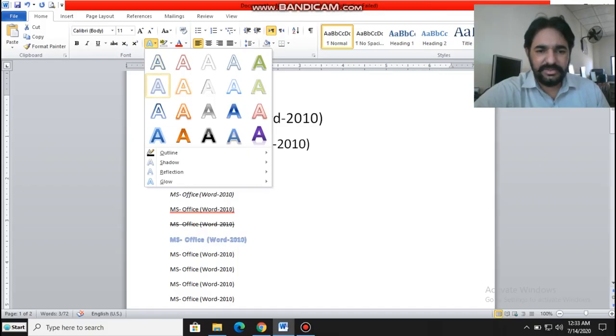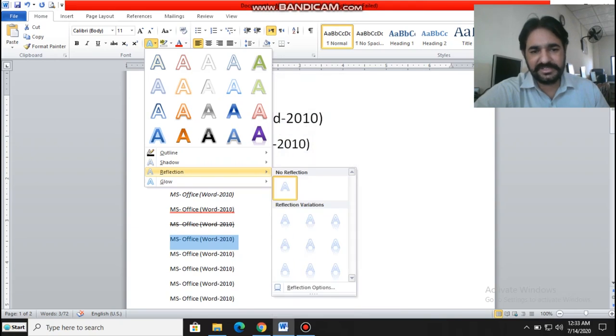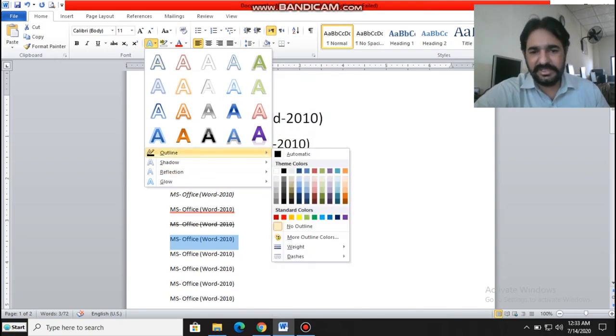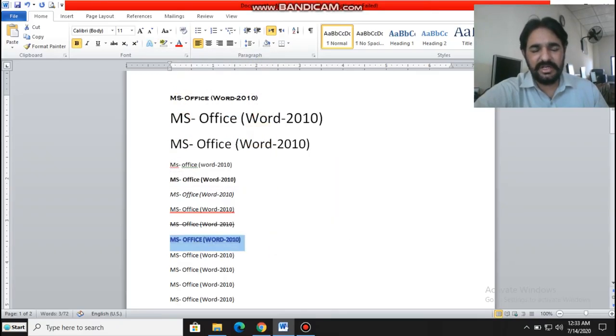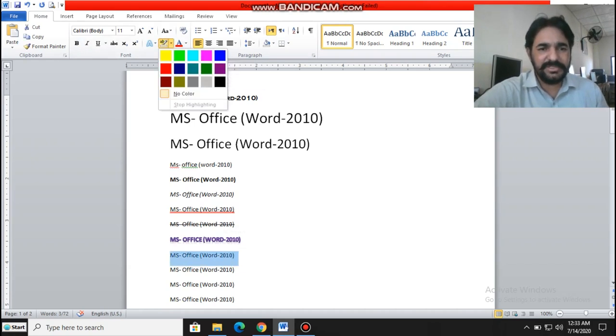Then you can change your font style, what is appearing. You can add shadows, reflection, and you can change the outline, or you can change any color of text, depending on what kind of operation you want to perform on your text. Text has so many other options.